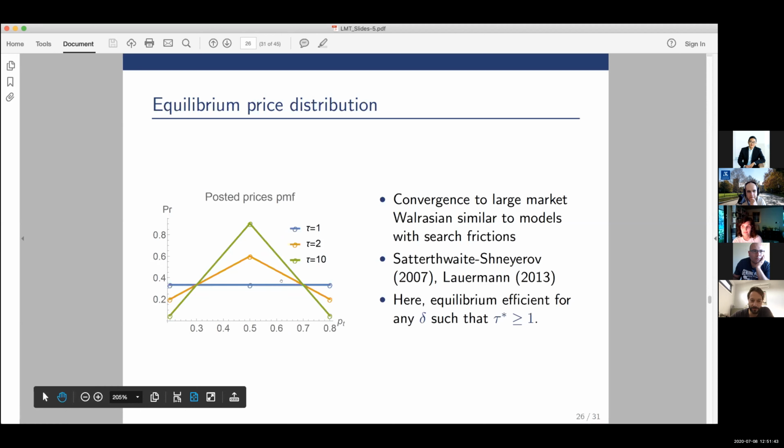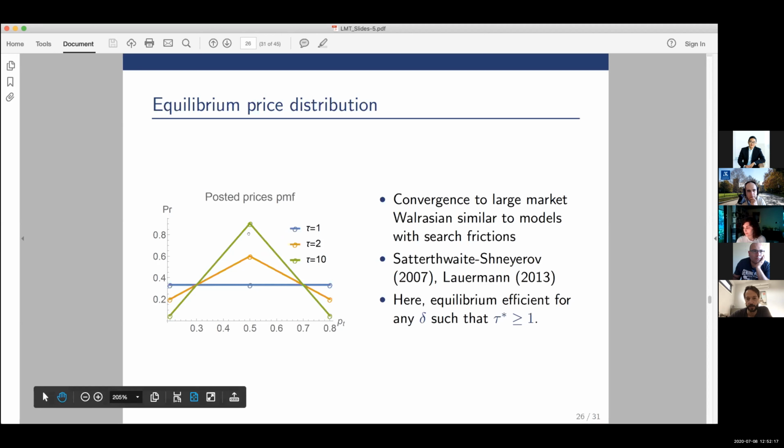Here the blue line is just a uniform distribution over the different posted prices. With equal probability, you have a price of 0.5 and the low price and the high price. As the storage threshold increases, the distribution becomes more centered around the moderation price of 1/2. And so it's sort of very coarse, but you can see the distribution becoming more normal with a mean equal to the limit